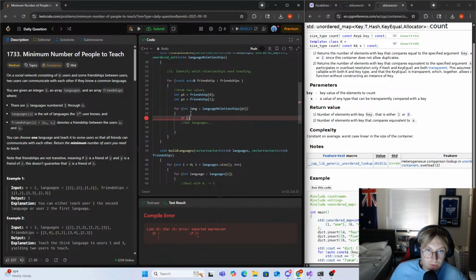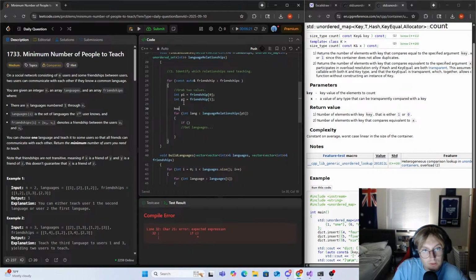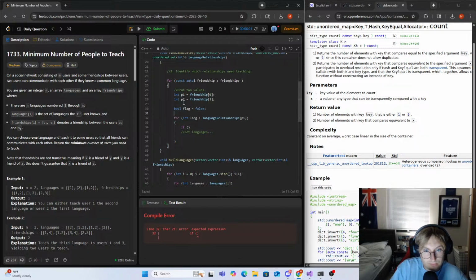Okay, now we're at the if. We need a flag here. Bool flag is false. For int lang in language relationships P1, if that specific language